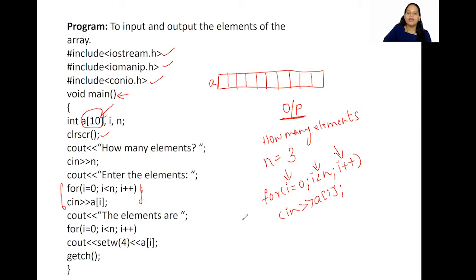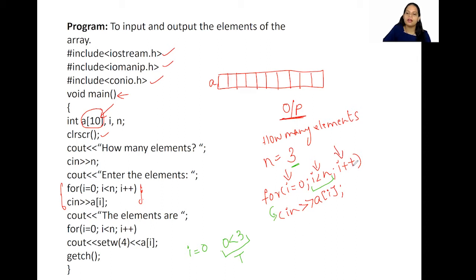Now, initially, what is going to be the value of I? I is 0, we are initializing it to 0. Once we initialize, every time we process this for loop, we are not going to look at it again. Initialization happens only once. Next, we are checking the condition here. Is I less than n? What is I? I is 0. What is the value of n we have? It is 3. So is 0 less than 3? Yes, it is true, which means I can process this.